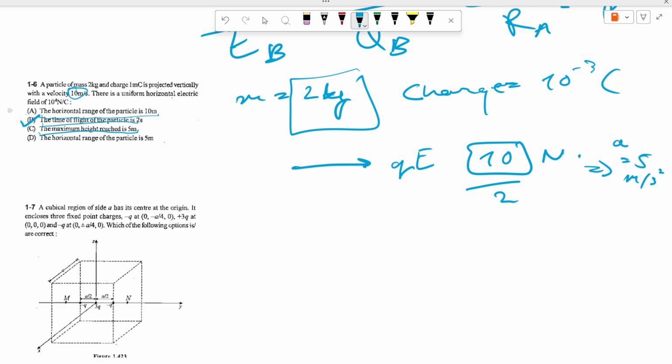We can get that very easily, and then the maximum height reached would be okay. How do we check for that? We can just use our standard equations that we have been using. So yeah, C is also going to be correct. You can just use the standard equations of kinematics, and the horizontal range of the particle is going to be